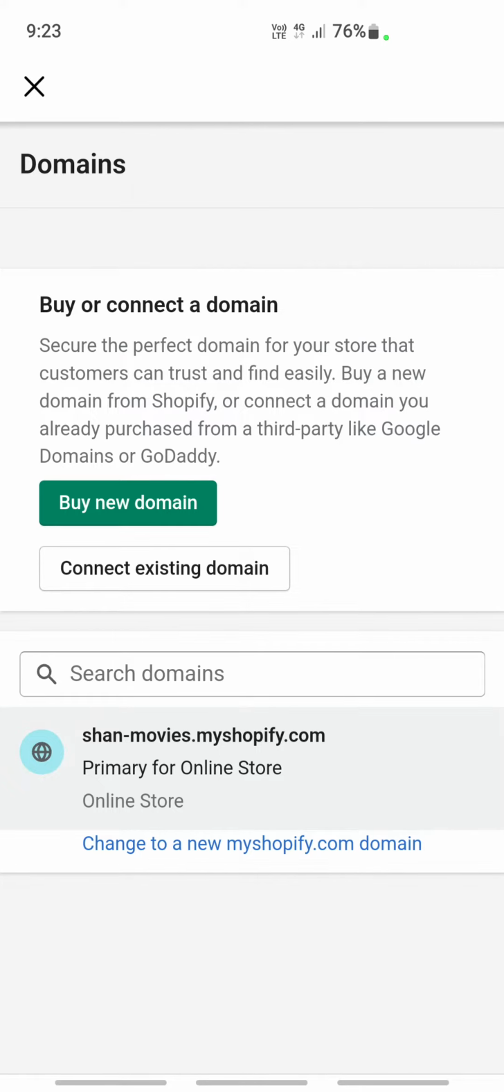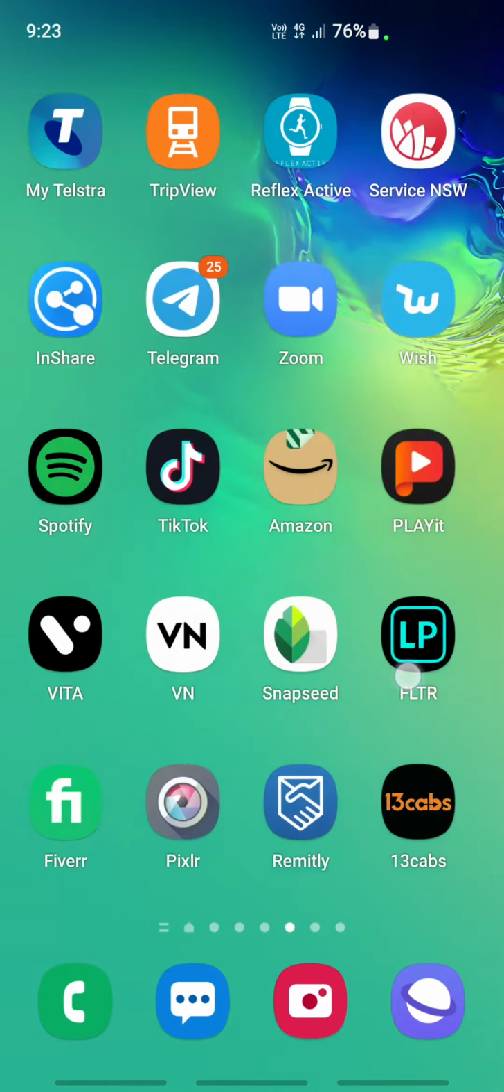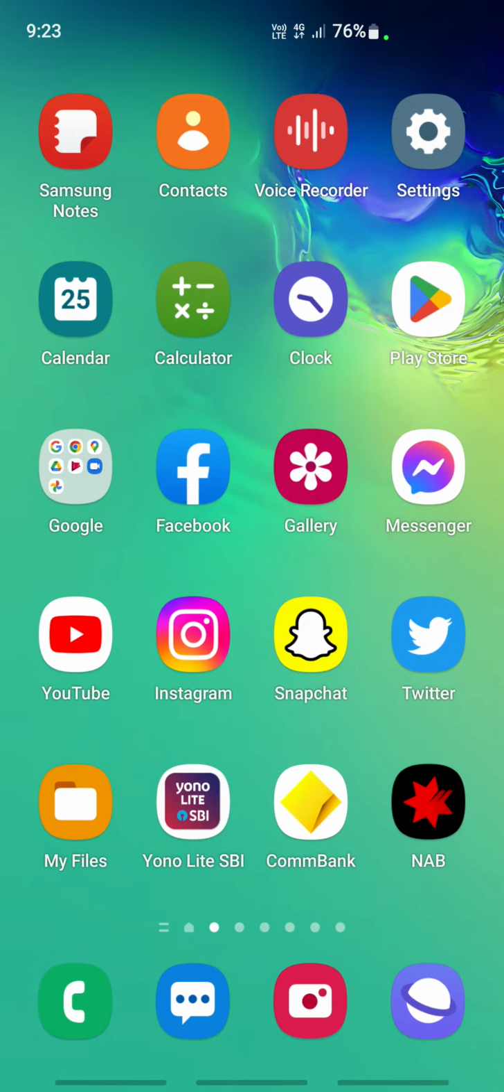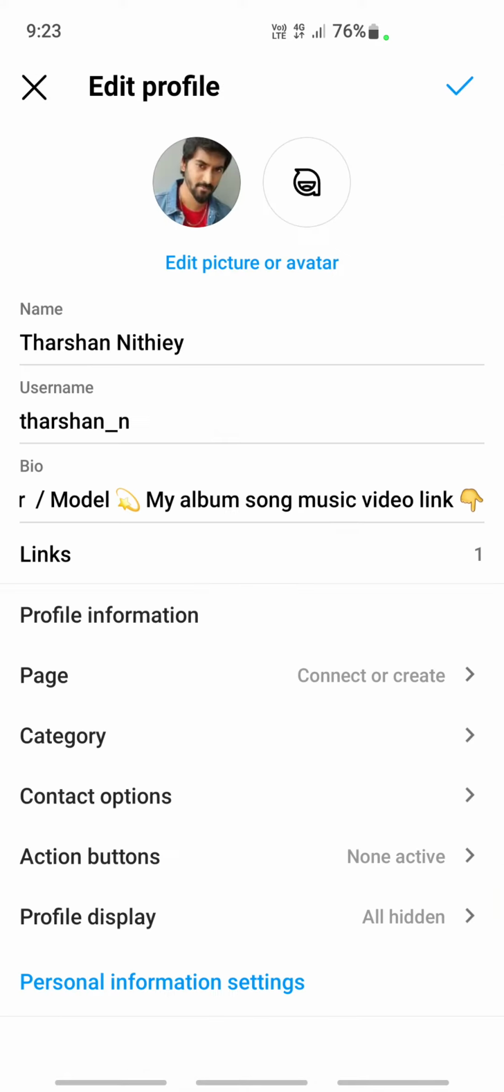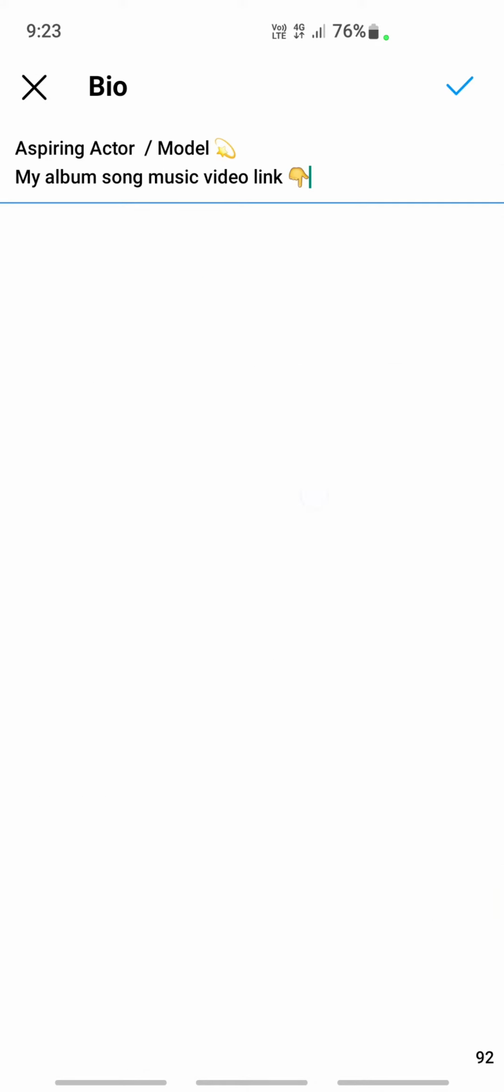So once you have done that, what you have to do is go to your Instagram. So open your Instagram, and then what you have to do here is click on edit profile, and then here in your bio,